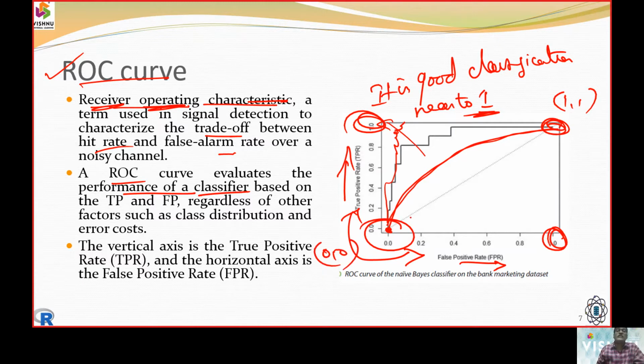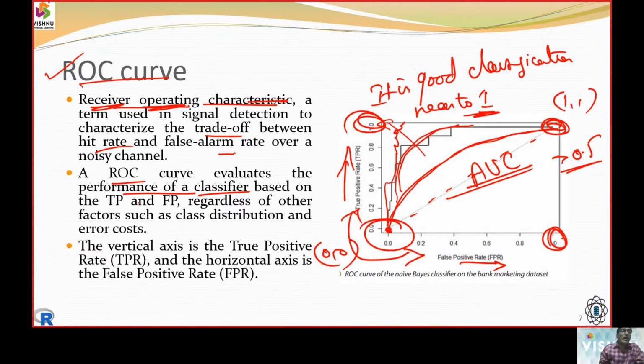should sync with each other, and the spread of the classification algorithm should be above the area under curve. Should be above the area under curve. That means if I put some dotted value here, it should be greater than 0.5. Obviously, we say the classifier is doing better performance.